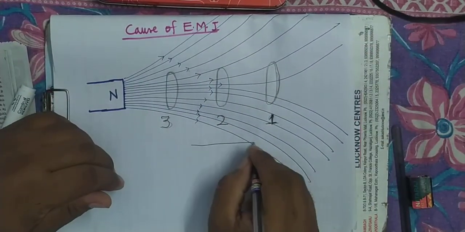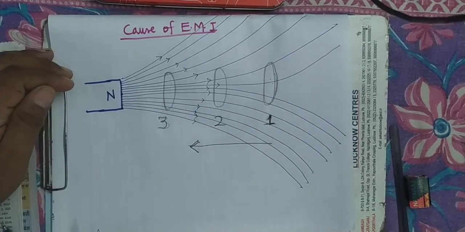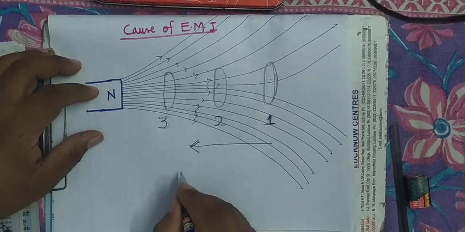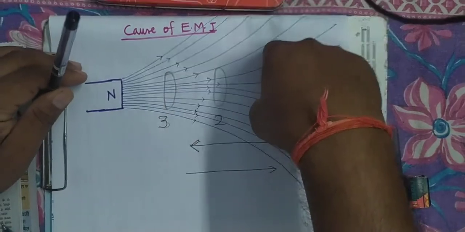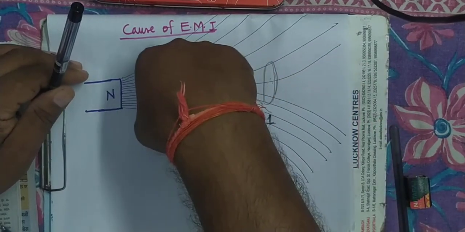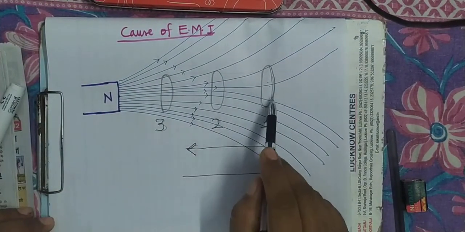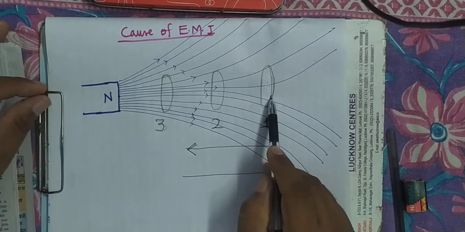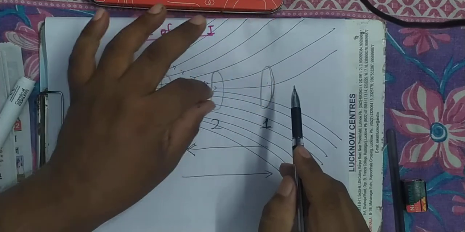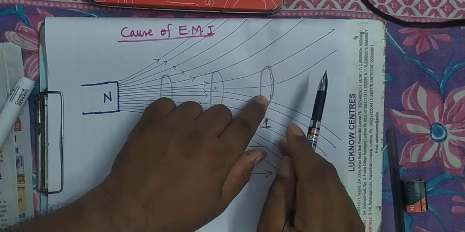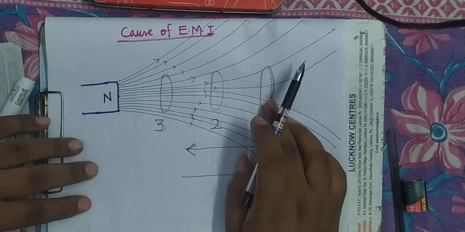So when it is moved towards the magnet, what will happen? Magnetic flux linkage through the coil will change. It's clear. Or when it is moved in this direction, in that case also magnetic flux linkage will decrease. Here it will increase. Or the other way, you keep the coil here and move the magnet. So when the magnet is moved towards the coil, magnetic flux linkage through the coil is increasing. When the magnet is brought away from the coil, magnetic flux linkage is decreasing.